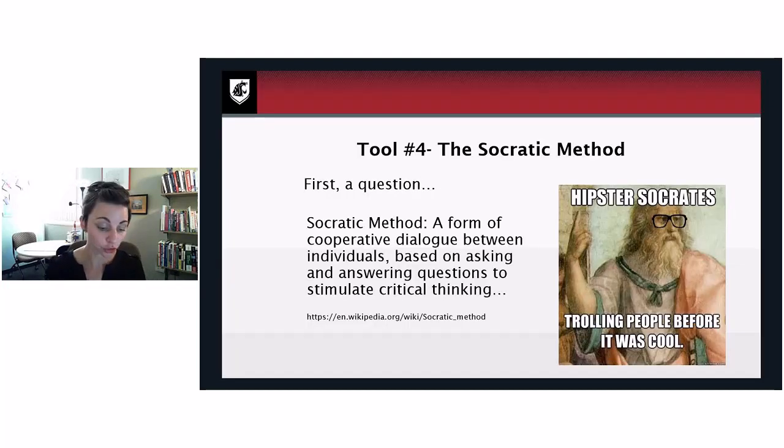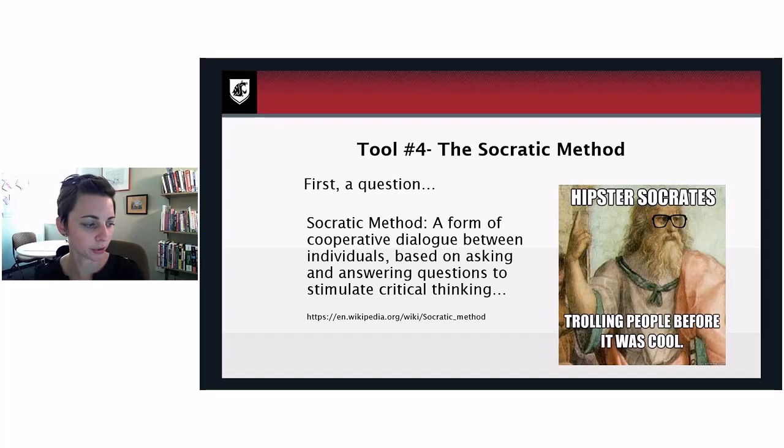And then the last tool in your toolbox, so we talked about structuring tutoring, we talked about assessing where the student's at, and we talked about metacognitive strategies. And then the last tool, which I think is your most important tool, is the Socratic method, or your questioning tool. I want you to think about this because